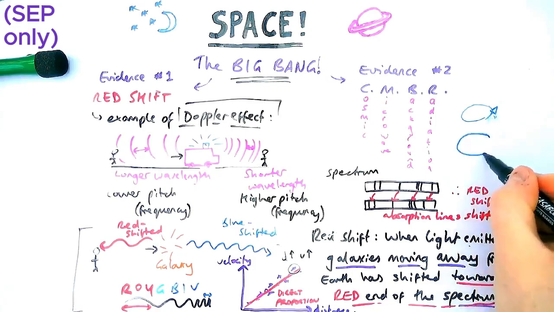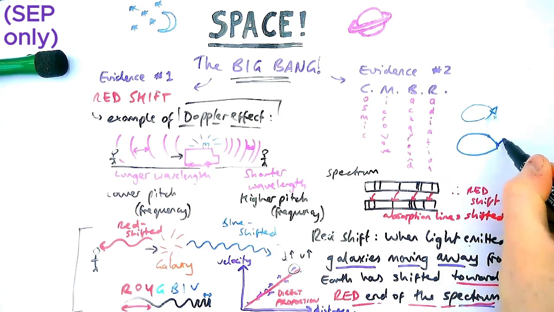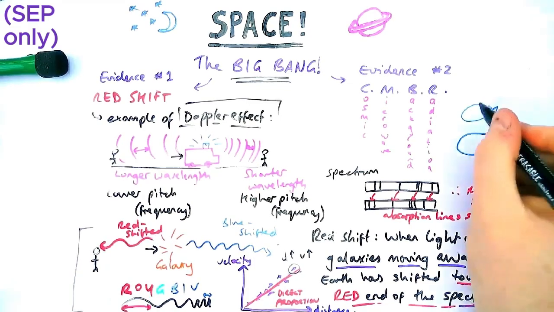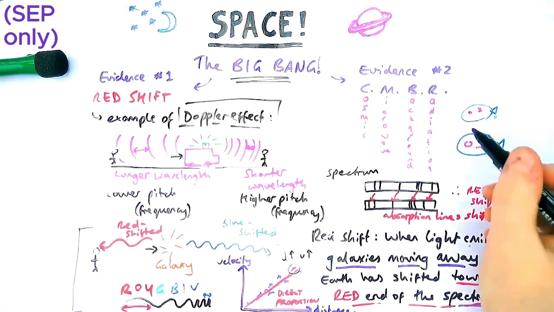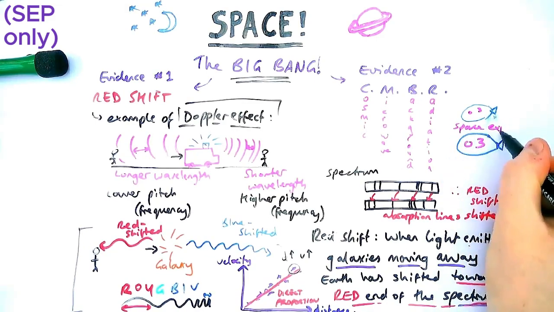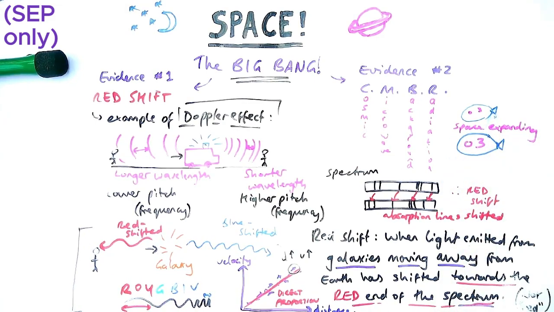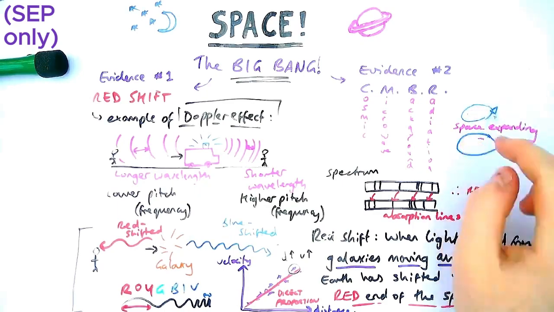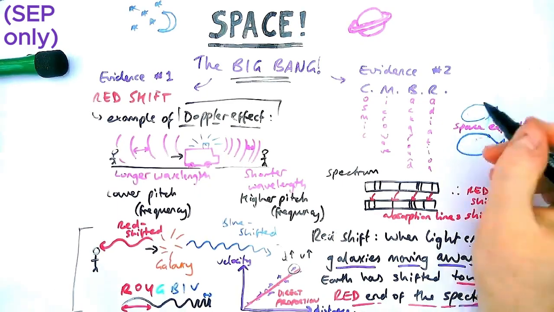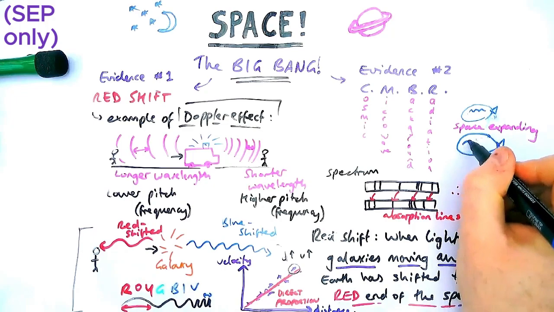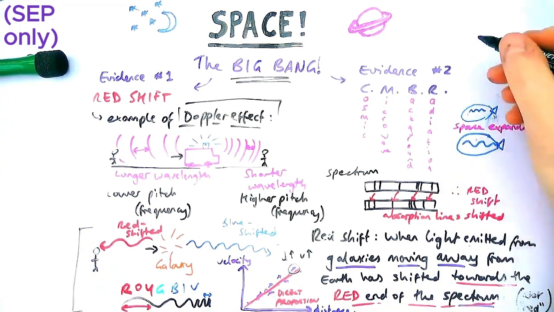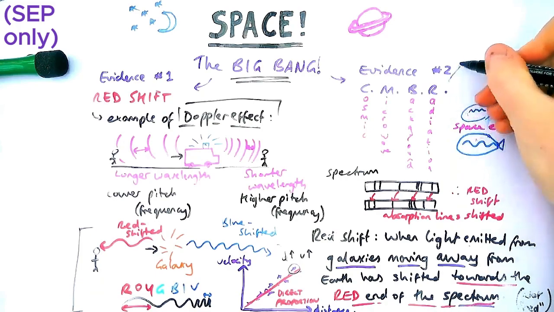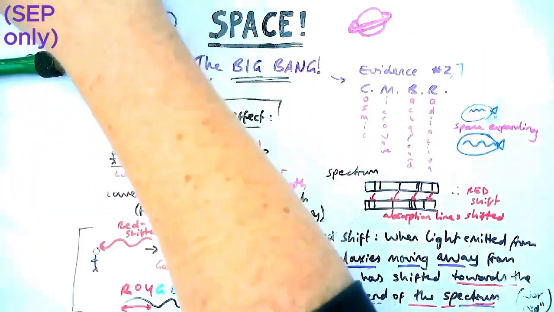The analogy I'm going to use is that of a balloon. A balloon is like space. It's expanding. If I was to draw a little dot on the balloon or a symbol, and then blow up the balloon, the dot stays the same, but it kind of expands. This is representing space expanding. Now, cosmic microwave background radiation: radiation is a wave. So if I was to draw a little wave on the balloon, it would expand out to be an even bigger wave with a bigger wavelength. So how we'd go about describing the